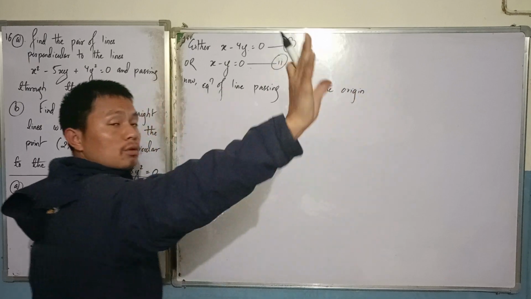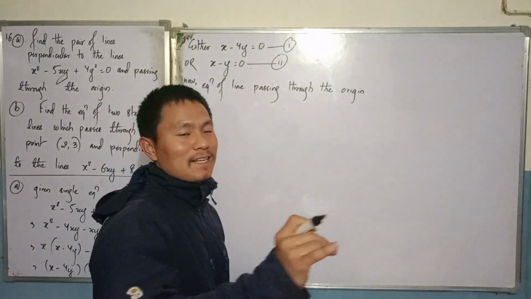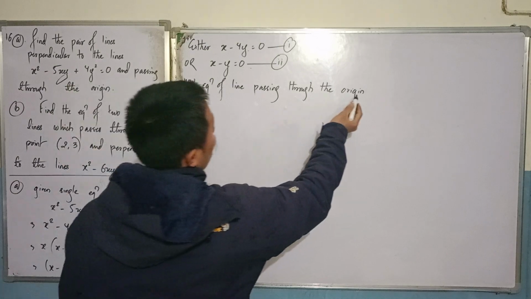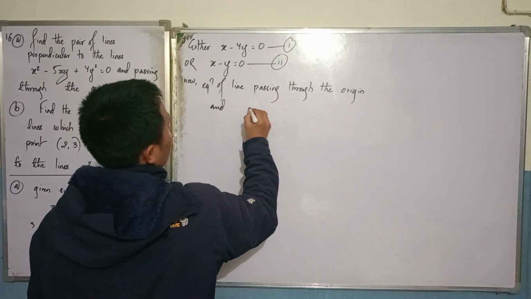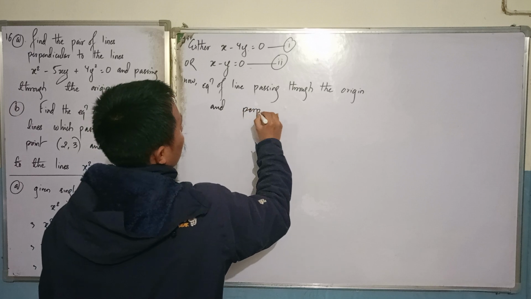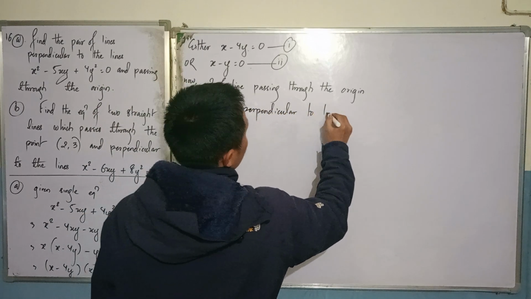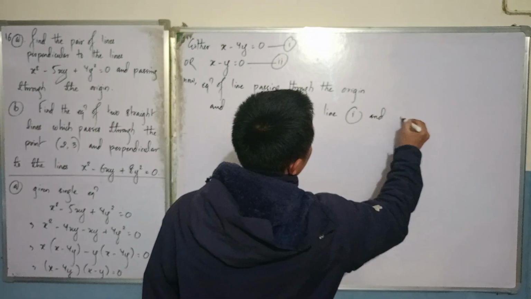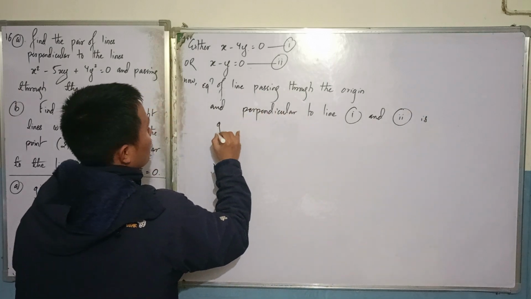Passing through the origin means it will not contain the constant term. So now the equation of a line passing through the origin and perpendicular to line I and II is given by